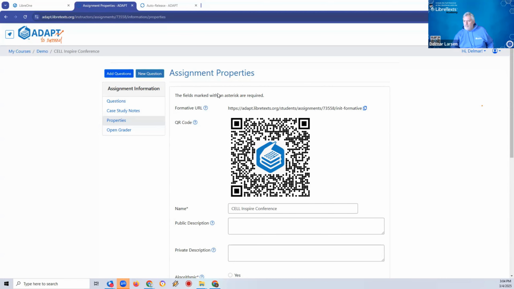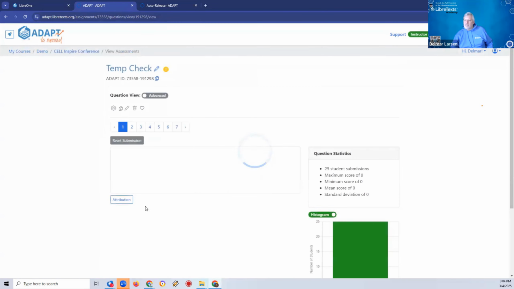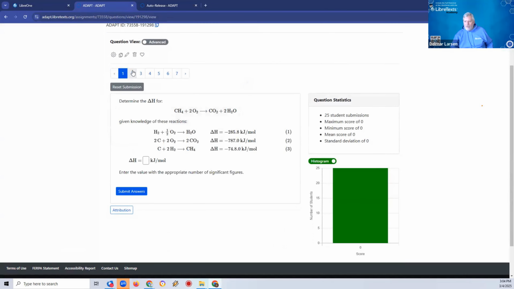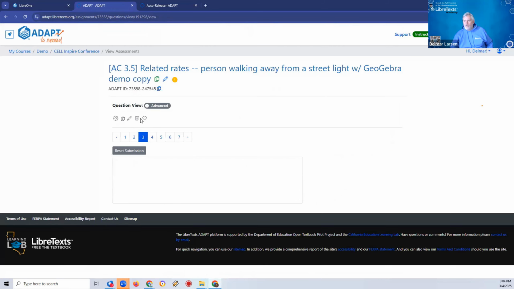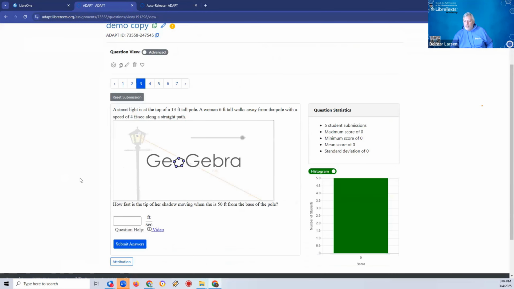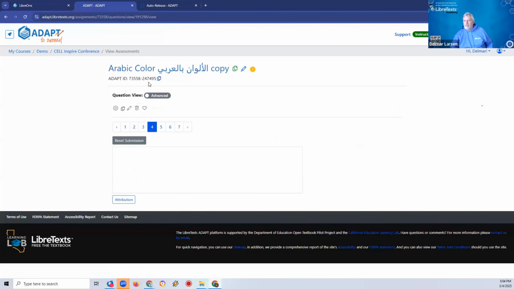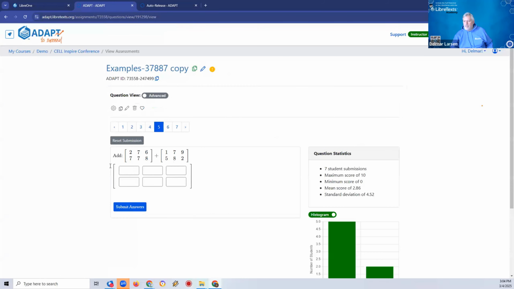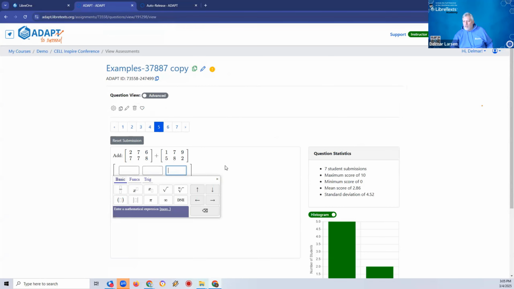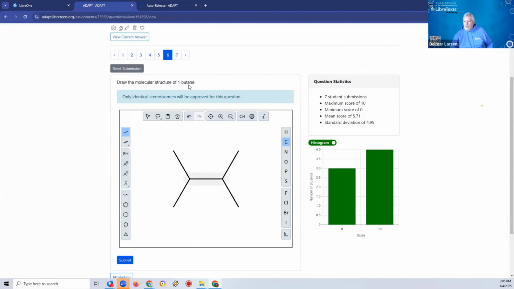And that has about four or five, six questions to deal with different things, whether it's an algorithmic Hess law question, or a MyOpenMath polar question, or in this case a related rates question in calculus, a very simple drag and drop question in H5P, simple numbers and WeBWorK, actually iMathAS, organic chemistry, if you want to be able to create a molecule in different ways.